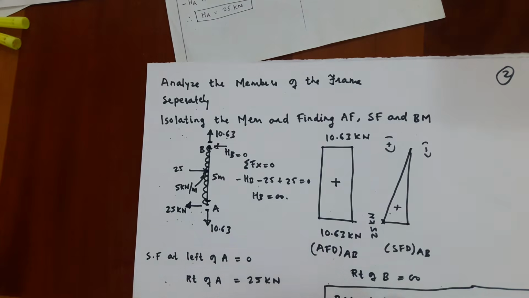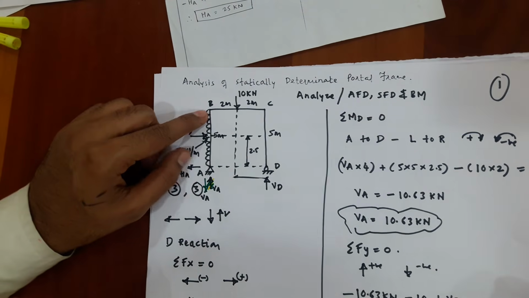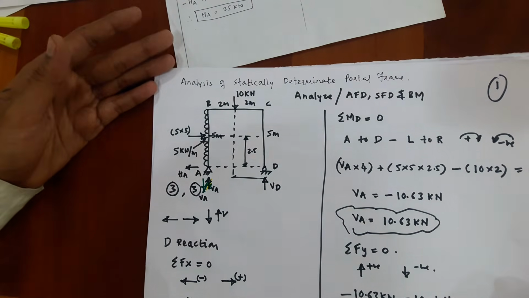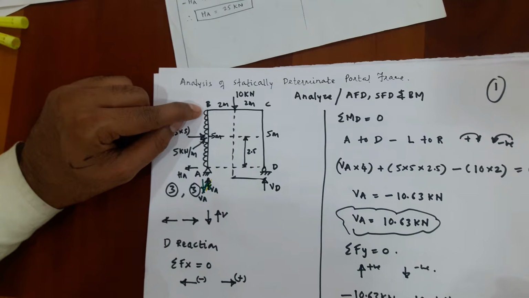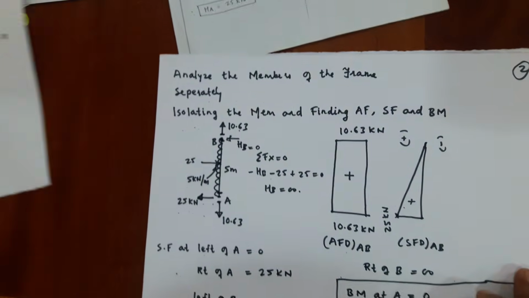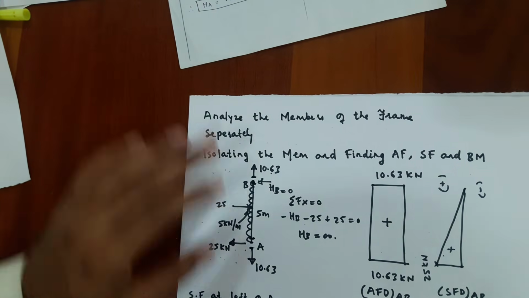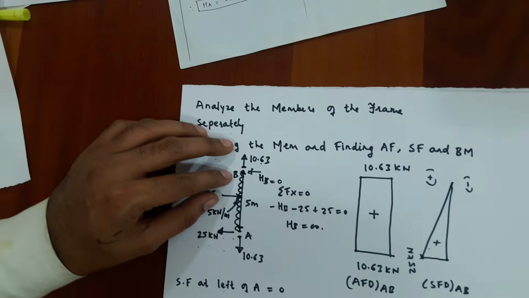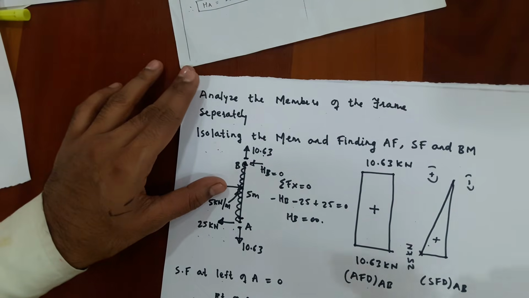Bending moment at B. What is the B joint? The B joint is rigid. It does not have any internal hinge. So at a rigid joint, we have moment, and we have to calculate it. Now we have to go from A to B to calculate the bending moment at B. A to B means we are following the direction left to right.